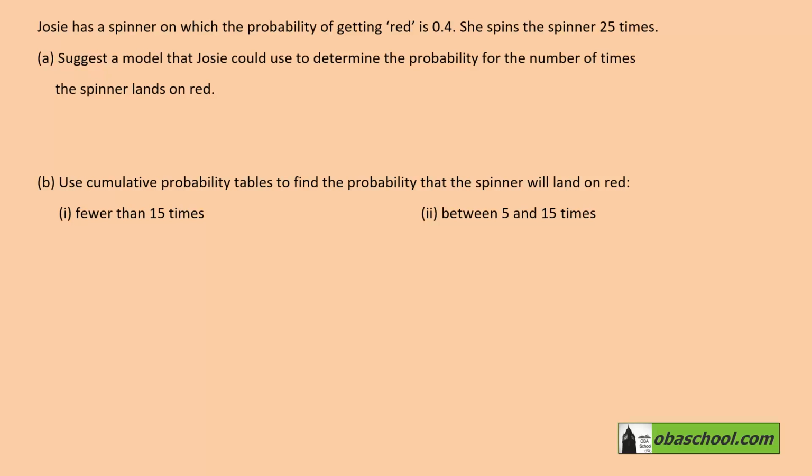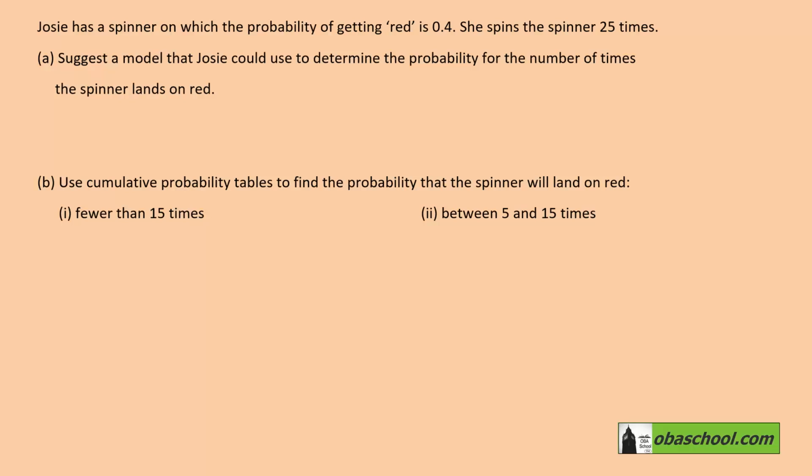Josie has a spinner on which the probability of getting red is 0.4. She spins the spinner 25 times. Suggest a model that Josie could use to determine the probability for the number of times the spinner lands on